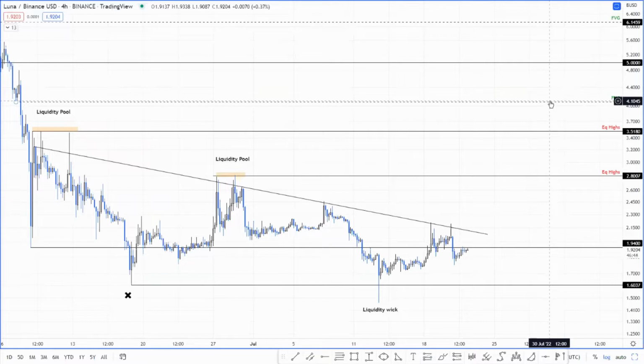My name is Akash and today we're going to be taking a look at Luna 2.0 in particular, and discuss